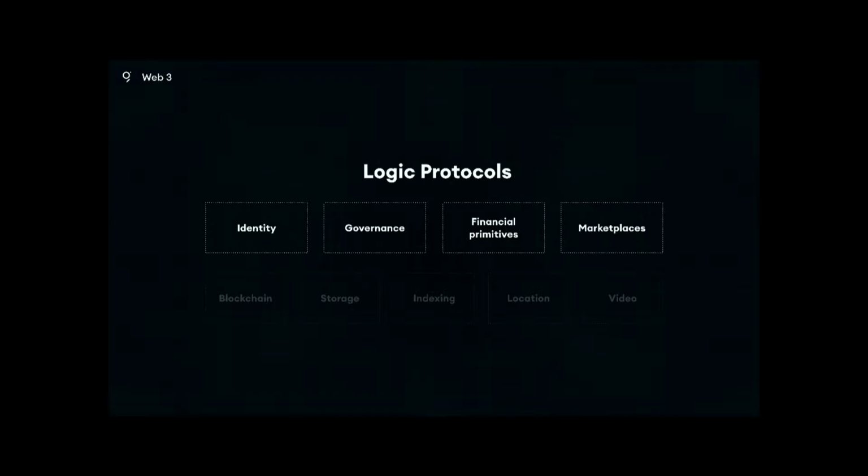We've got things like identity, which you may want to have be anonymous or not. Financial primitives, DeFi or open finance, is a really popular area on top of Ethereum right now. Marketplaces. All of these are examples of logic protocols that you can build on top of blockchains.